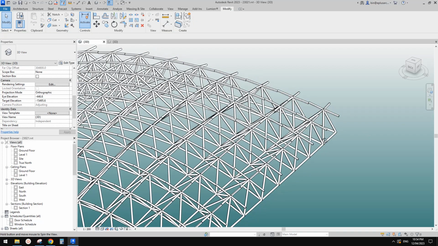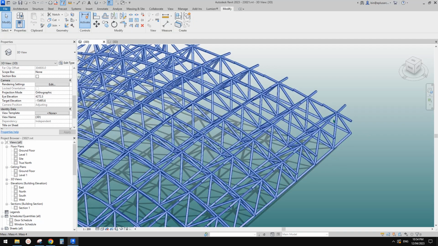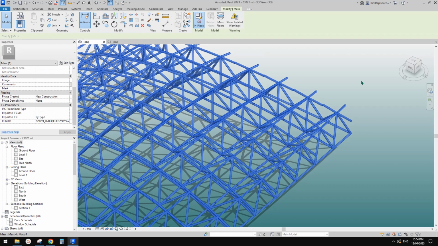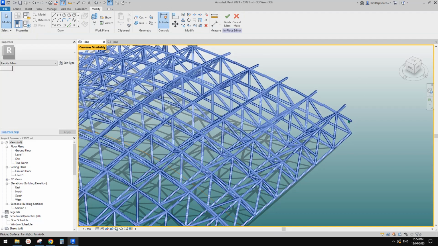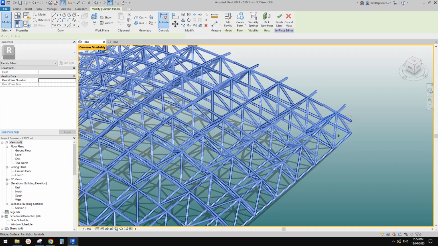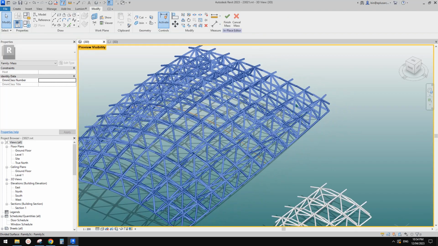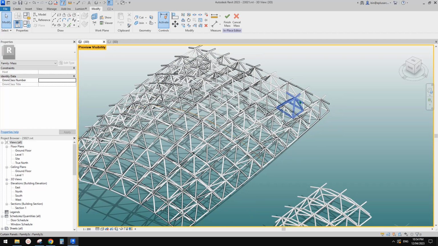It's actually this one. So it looks like 1, 2, 3, 4. Okay, so this is 3. Let's go back again. So now I know that this one's 3. So actually, what you can do is this. Sometimes it can be quite hard to pick, because you can see when you tab, you will